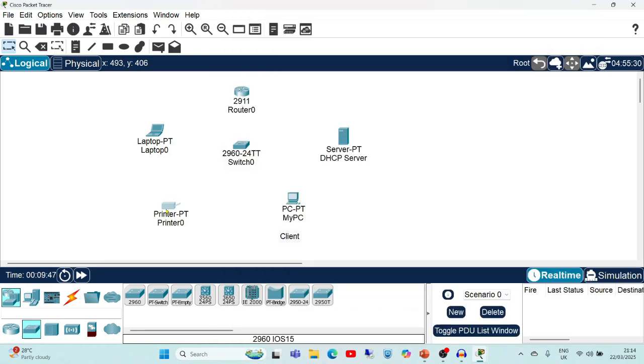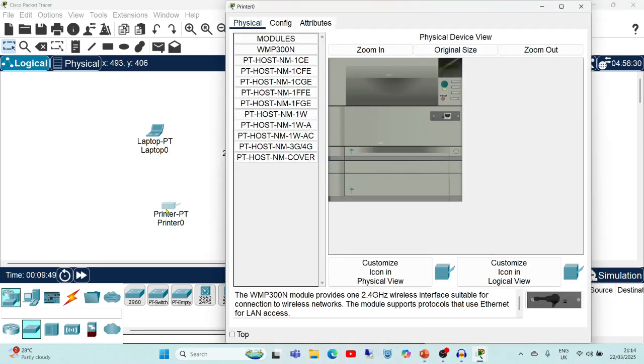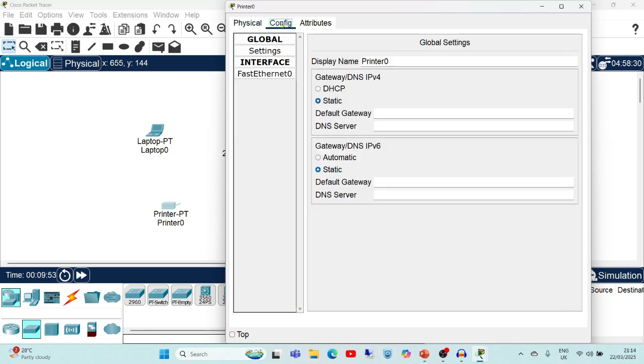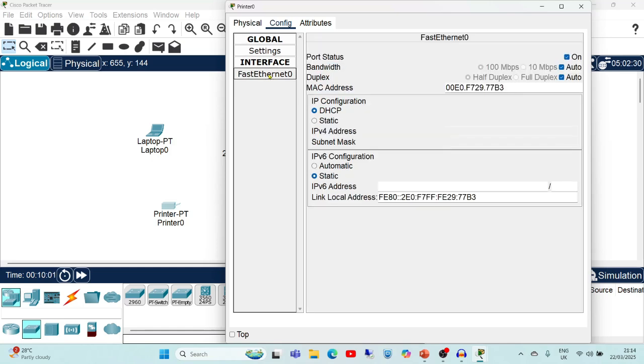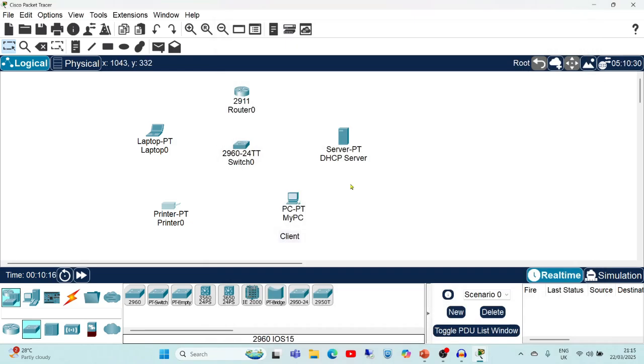After this, again select the printer configuration. Then here you are going to use DHCP and Fast Ethernet. Make sure that you have switched on this Fast Ethernet and IP configuration is DHCP. Now just close this. After this, select the laptop.